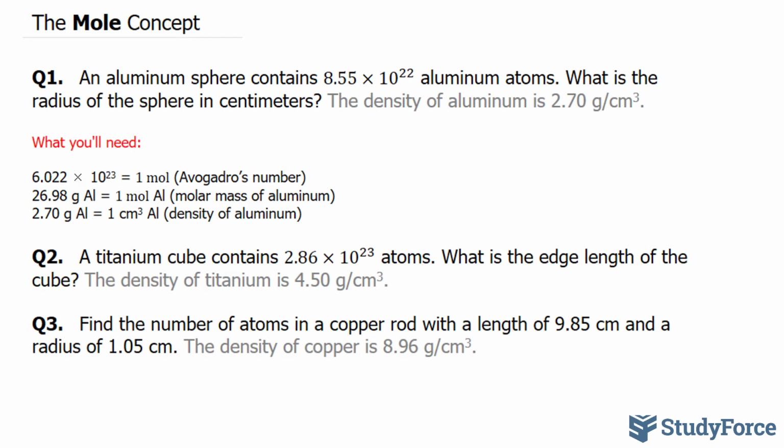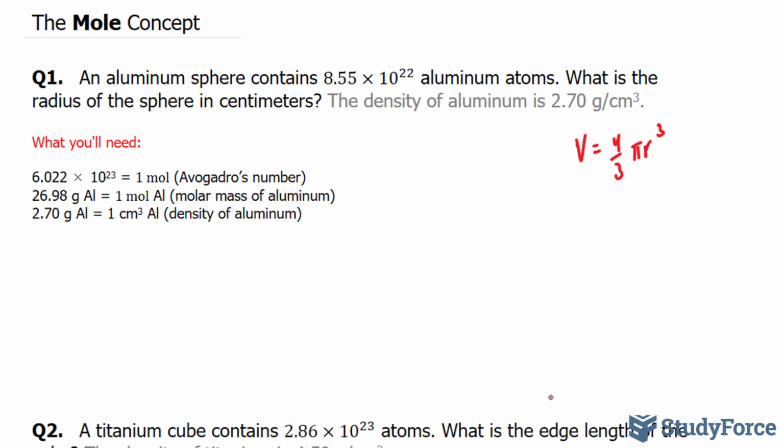A sphere is a 3D object, and to find the volume of a sphere, we use volume is equal to 4 over 3 pi r cubed. So somehow, if we can find the volume of this aluminum sphere, we can find the radius. Let's get started. We've been given the number of atoms, and we can go from atoms to moles using Avogadro's